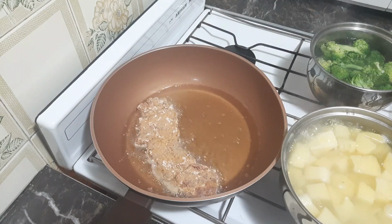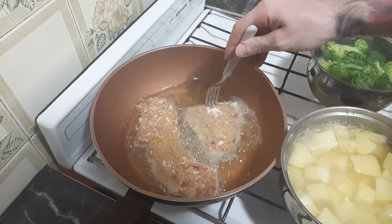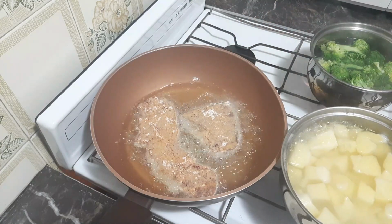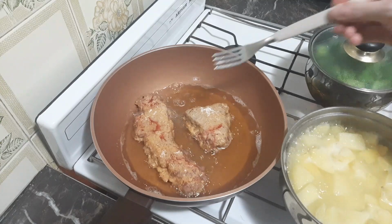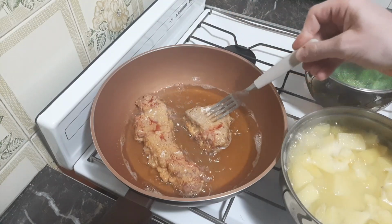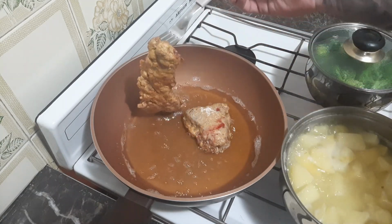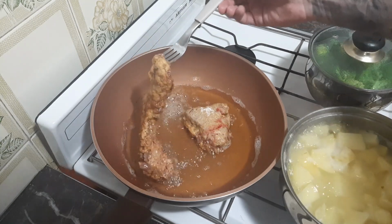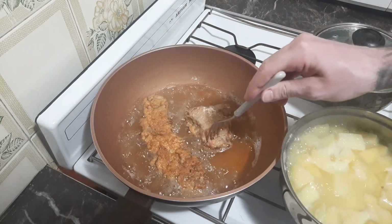Gently place your steaks into the pan, of course away from you so you don't have any splashes, and begin frying on the first side for about 3 to 5 minutes. After cooking on the first side for about 3 to 5 minutes, notice how the juices have risen to the surface. This is a very good indication that they are ready to flip. Go ahead and give both pieces of steak a flip so they can cook an additional 3 to 5 minutes